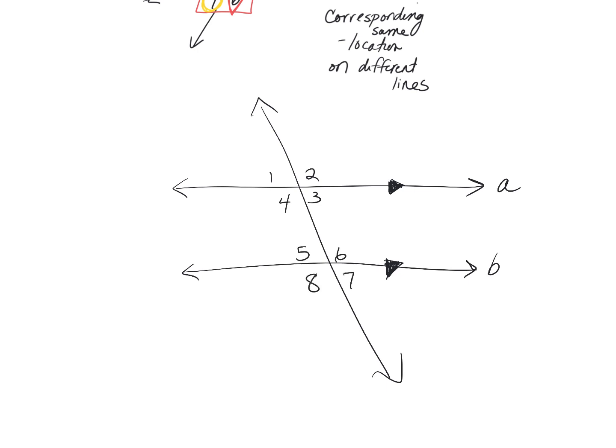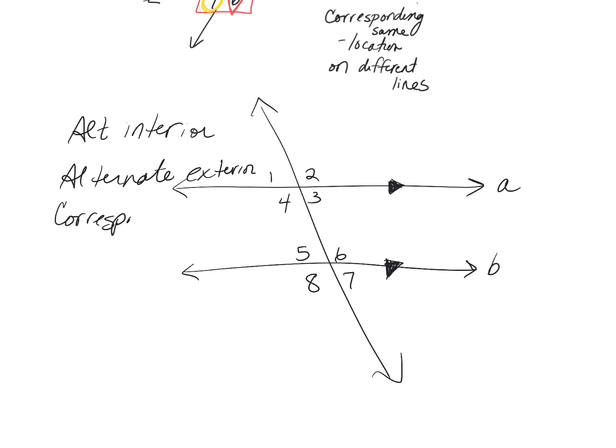Okay, so for our alternate interior, alternate exterior, and our corresponding angles, if the lines are parallel, the angles will be congruent, okay? And the reason is, if this particular angle is 100 degrees,